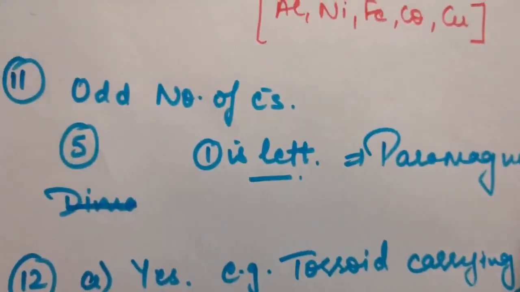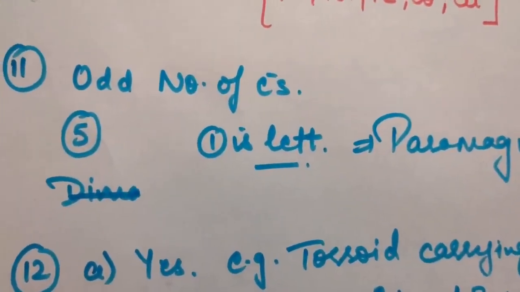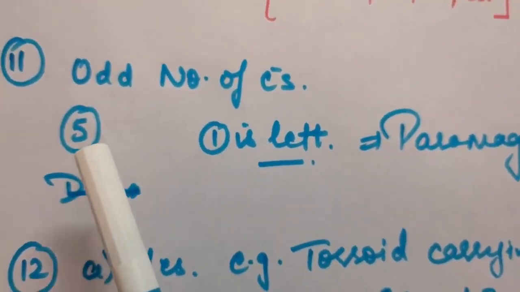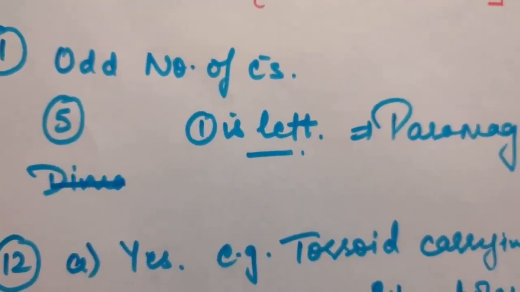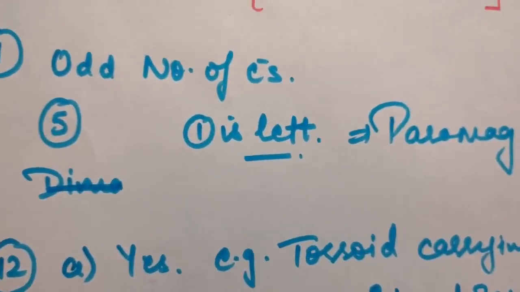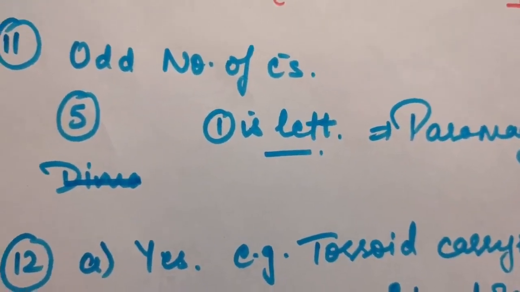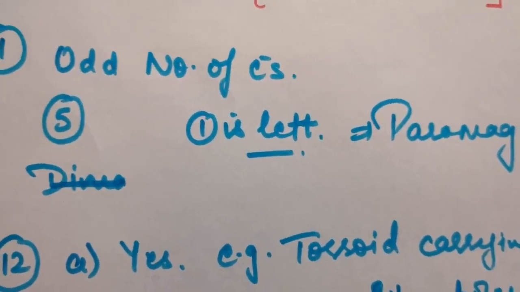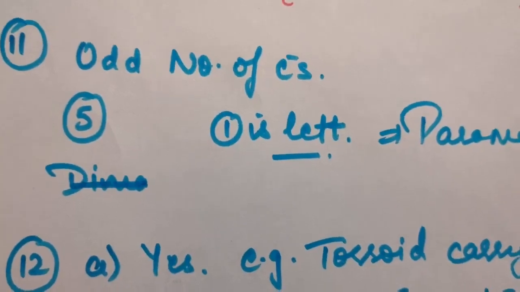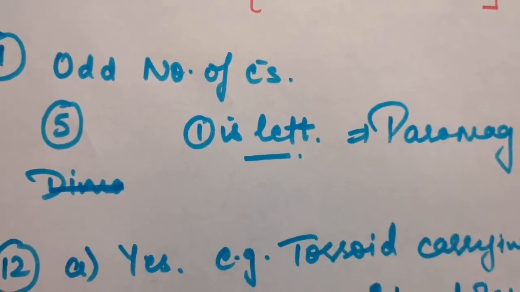Okay, so the next question says, what would be the magnetic behavior of a material which has an odd number of electrons? See, odd number means, let us suppose there are 5 electrons. If there are 5 electrons and they are randomly oriented, that means 4 of them will cancel out, because 2 will be in one direction and 2 in the opposite direction, but 1 would be left. That means each atom will have some permanent magnetic moment of its own. Therefore it has a paramagnetic behavior, because in paramagnetic materials, atoms initially have some magnetic moment of their own. So this will be a paramagnetic material.